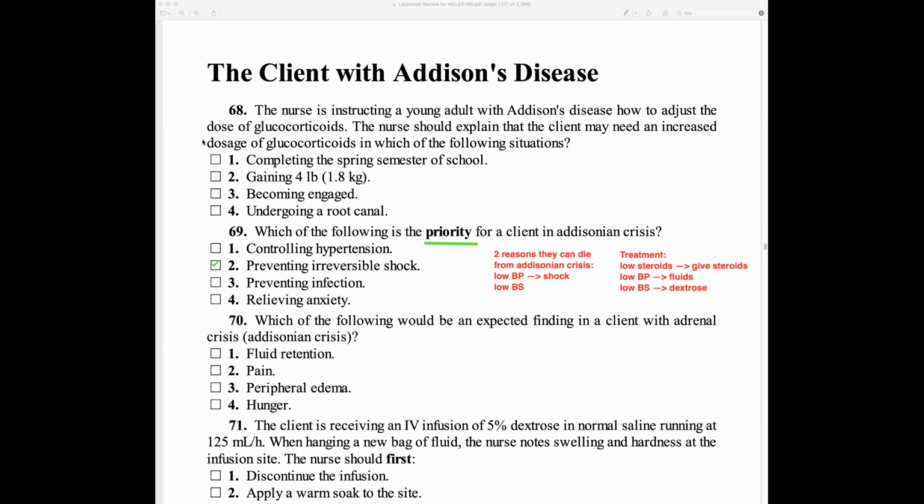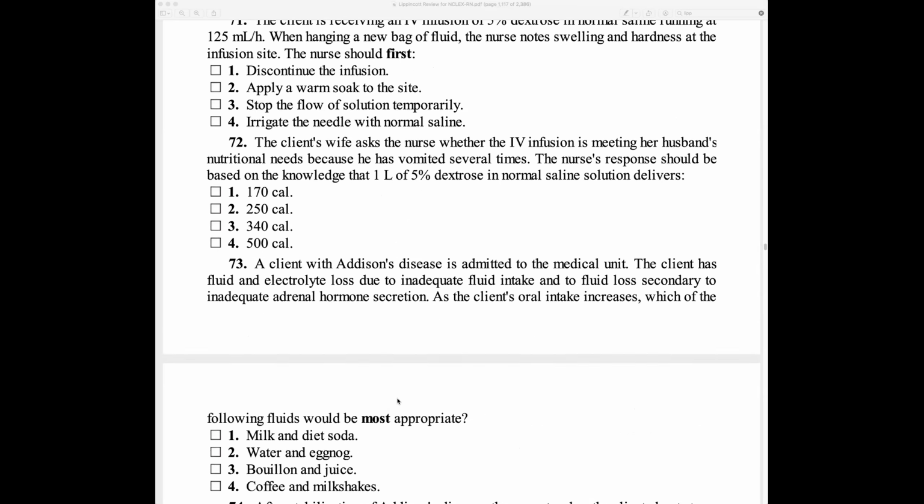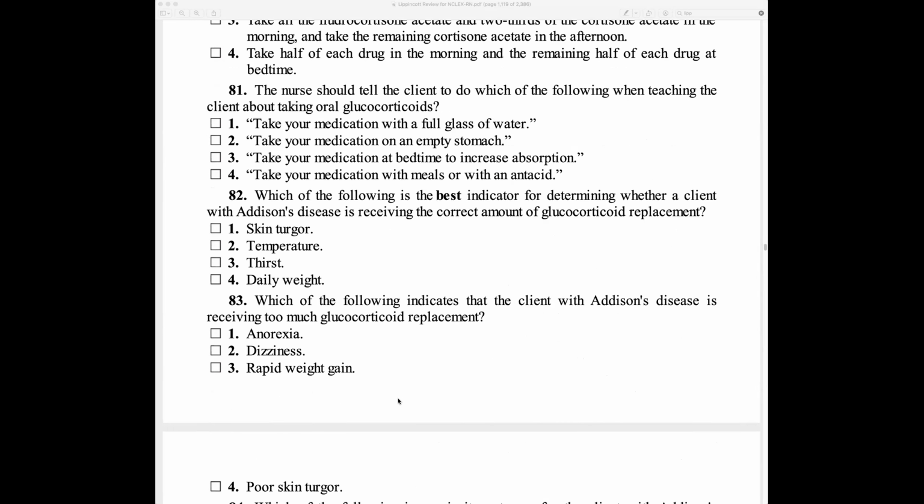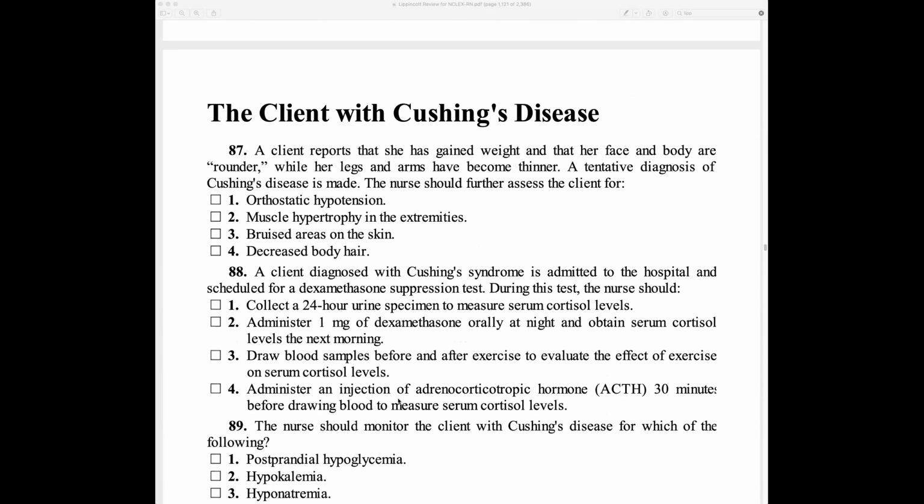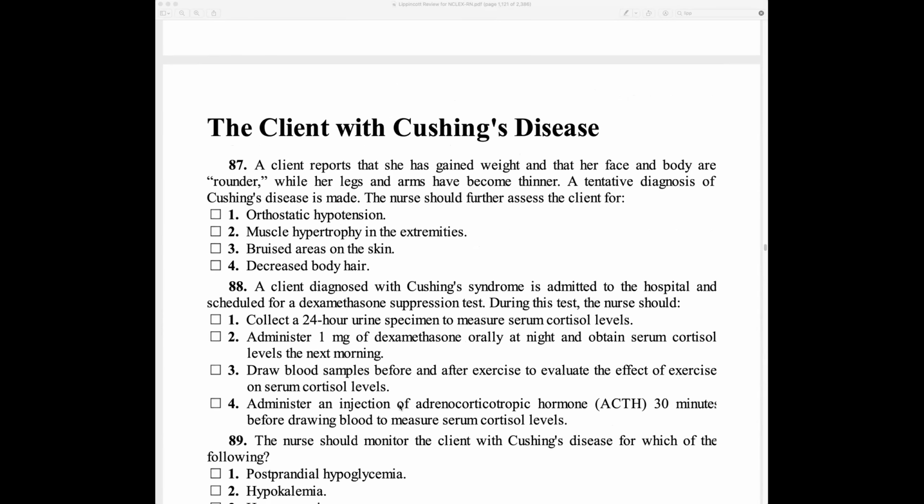All right, let's do some questions on Cushing's. Okay. A client reports that she has gained weight and her face and body are rounder, while her legs and arms have become thinner. A tentative diagnosis of Cushing's disease is made. The nurse should further assess the client for